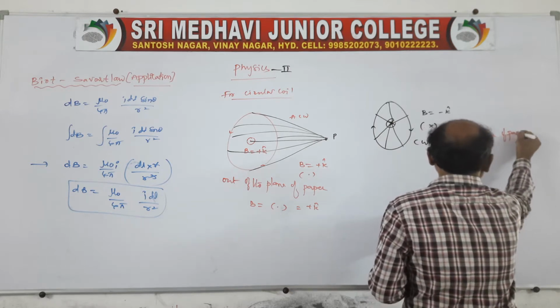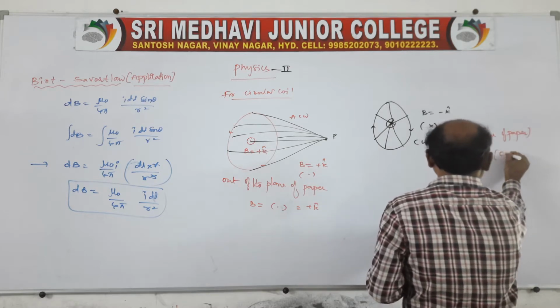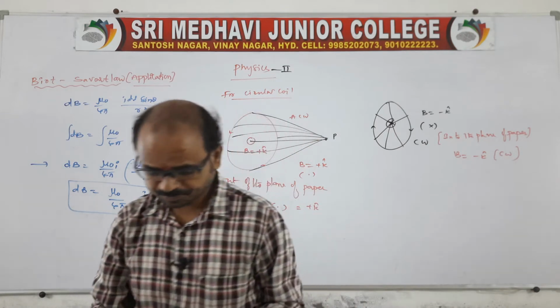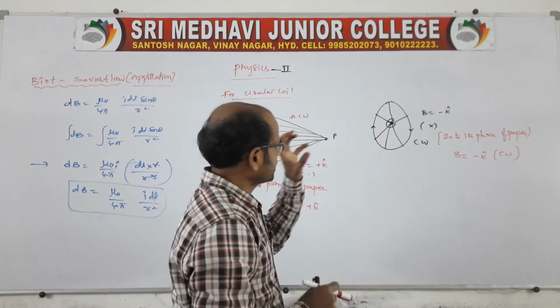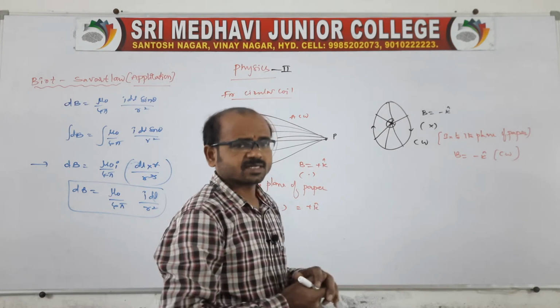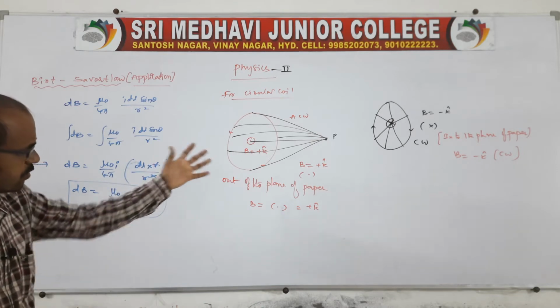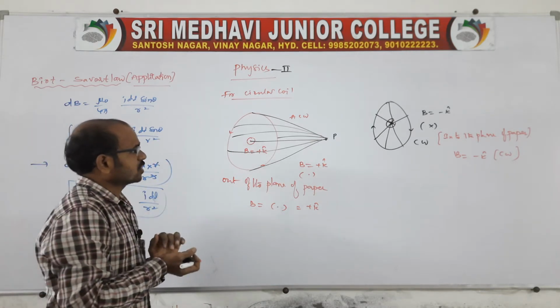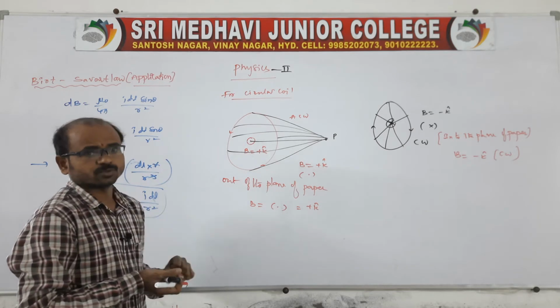So we can say like this, in the plane of the paper, B is equal to minus k cap, and the direction of current is anti-clockwise. That's what I mean to say. We can apply Ampere's thumb rule. We can also apply it for circular coils. See, that circular coil, indicated like this, also behaves like a dipole. That means it behaves like magnetic poles.